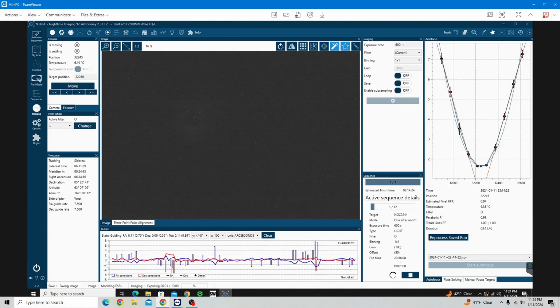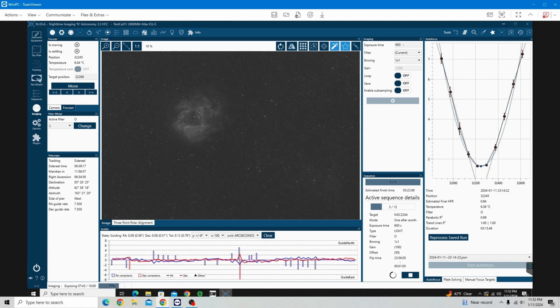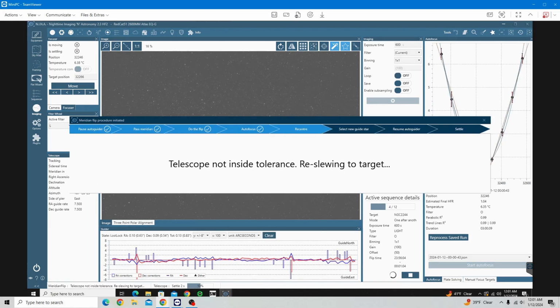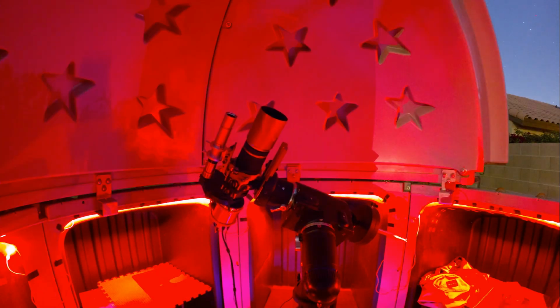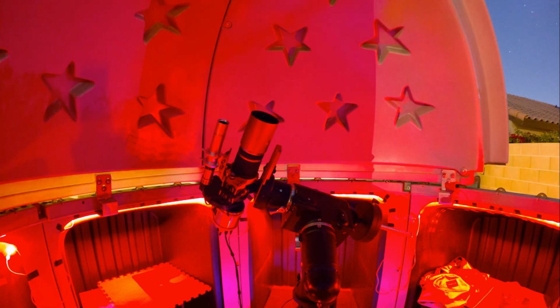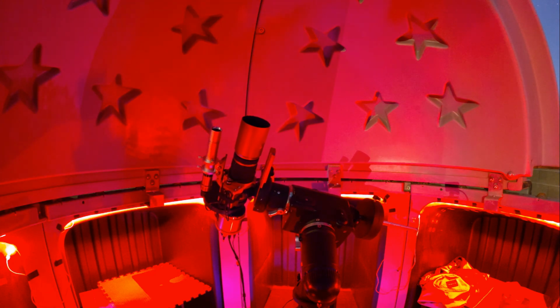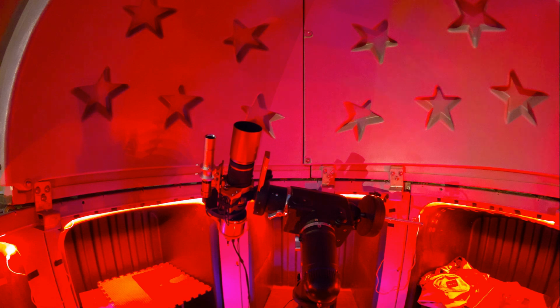So for my Rosette project, I managed to capture 14 hours and 10 minutes of hydrogen, 14 hours and 20 minutes of sulfur, 11 hours and 20 minutes of oxygen, and 1 hour each of red, green, and blue to use for the stars. Total amount of time integrated, 39 hours and 50